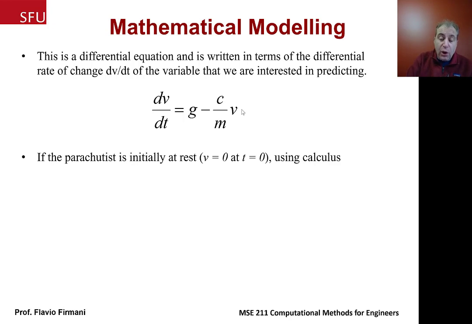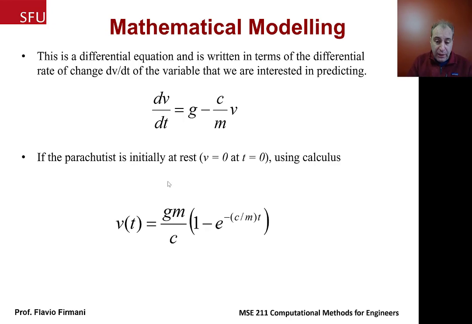And the goal eventually is to determine over time, so if we evaluate this equation for a period of time, we're going to find that there is going to be a terminal velocity, which is going to become the steady state of the parachutist falling towards the ground. So if we apply calculus, and we're going to solve this problem by hand in a minute, we're going to reach the following